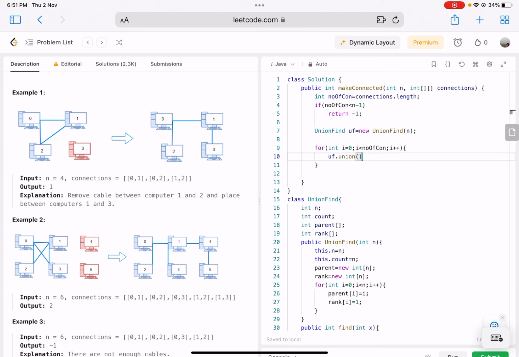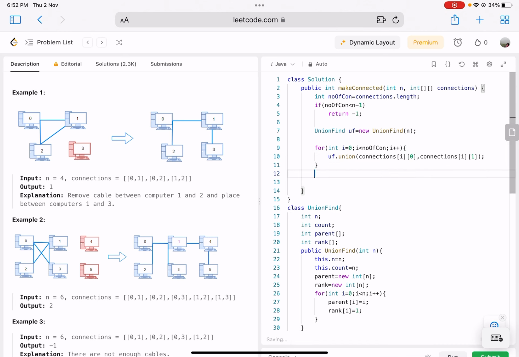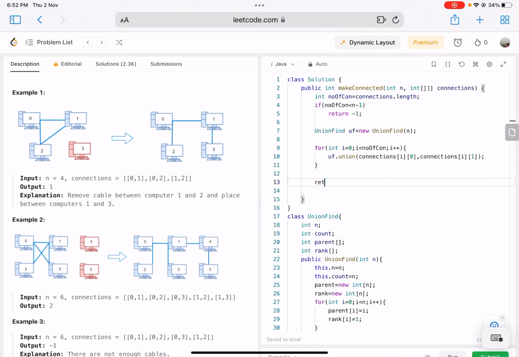So what we're going to do is uf dot union on i comma 1, i comma 0. So we're going to connect everything, and at the end I'm going to return uf dot